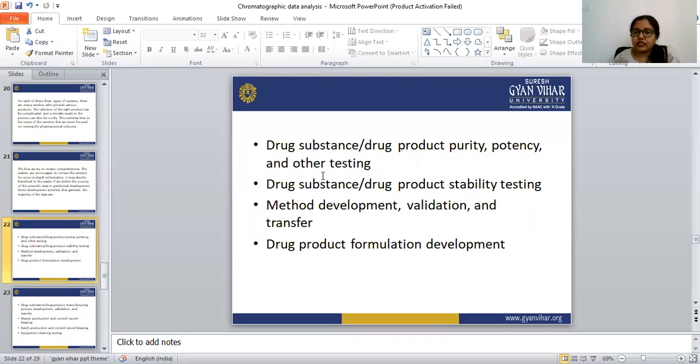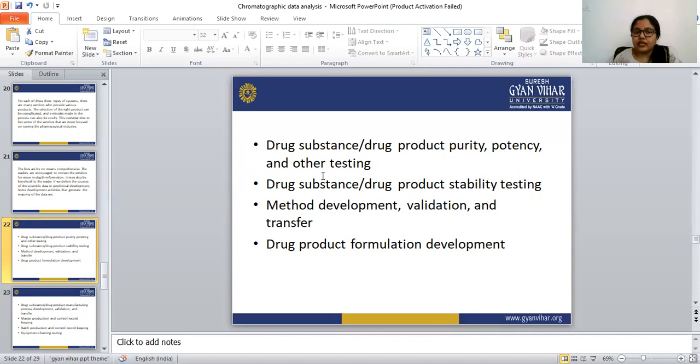Drug substance and drug product stability testing we can also do with the help of the CDS as well as the LIMS.